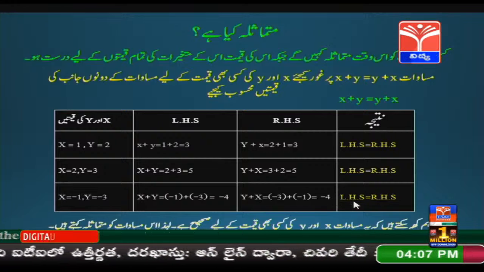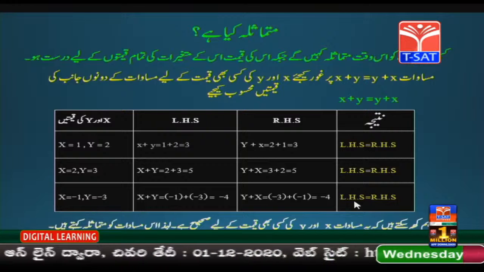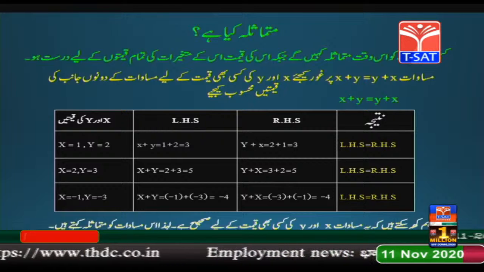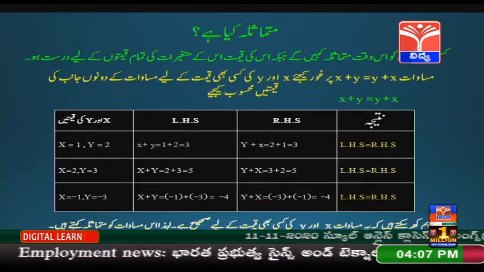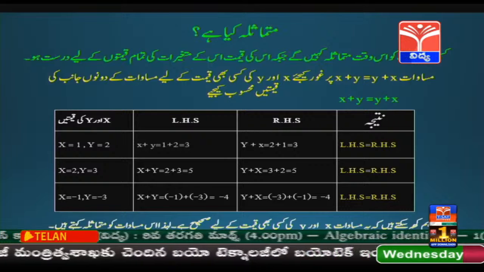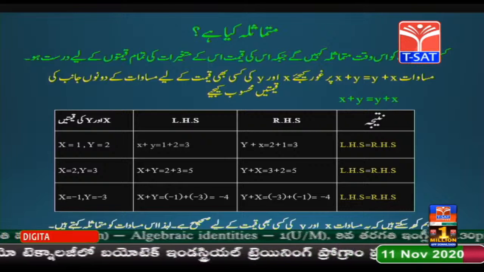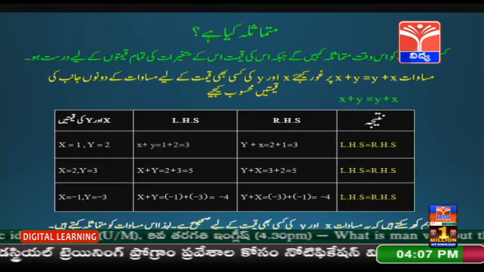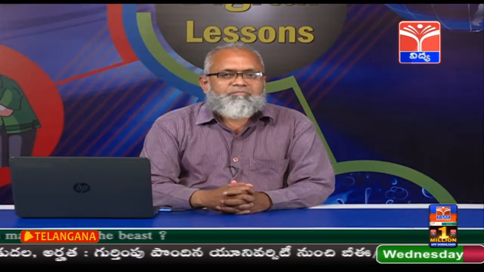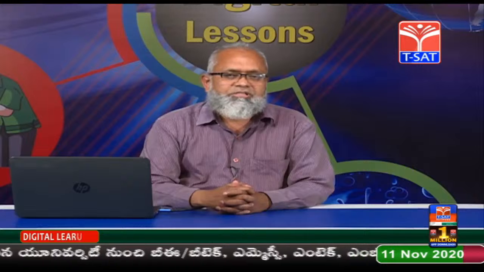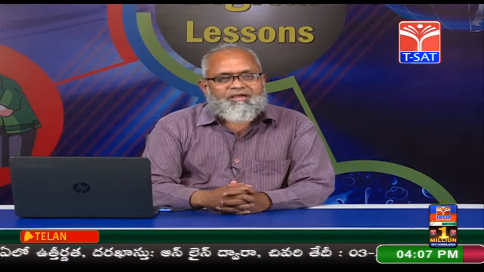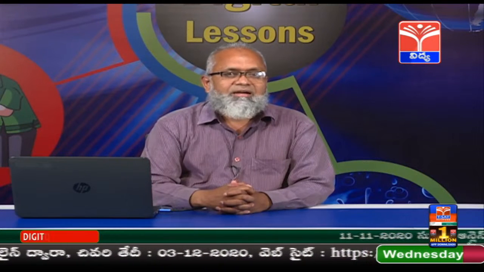عزیز بچوں، اس مساوات میں آپ کون سی بھی قیمت درج کیجئے، LHS اور RHS کی قدر مساوی آئے گی۔ ہم کہہ سکتے ہیں کہ یہ مساوات x اور y کی کسی بھی قیمت کے لیے صحیح ہے۔ یعنی x اور y کی مختلف کون سی بھی قیمتیں اگر ہم درج کر دیے تو یہ مساوات صحیح ہے۔ لہٰذا اس مساوات کو متماثلہ کہتے ہیں۔ پیارے بچوں، مساوات میں موجود متغیرات کی کسی بھی قیمت کے لیے اگر مساوات درست ہے، صحیح ہے، تو تب ہی وہ متماثلہ کہلاتی ہے۔